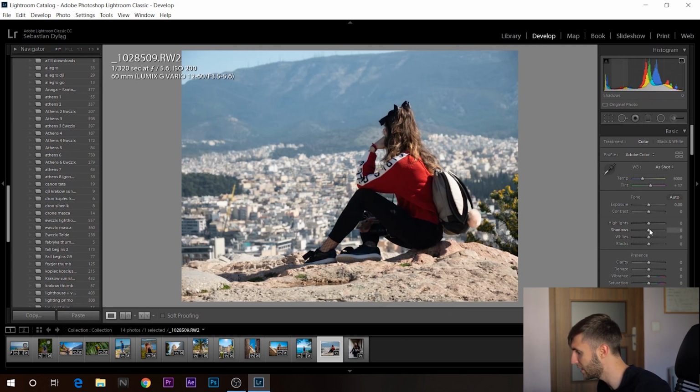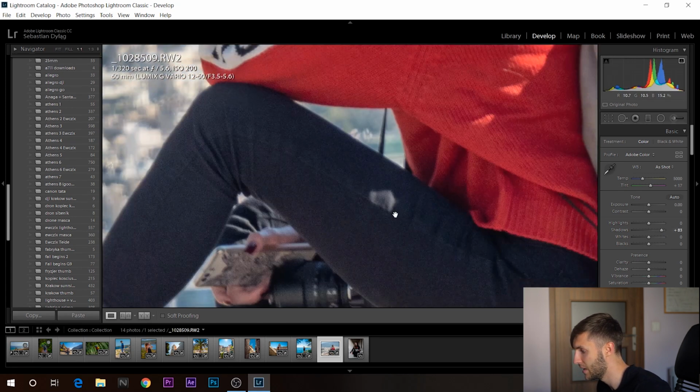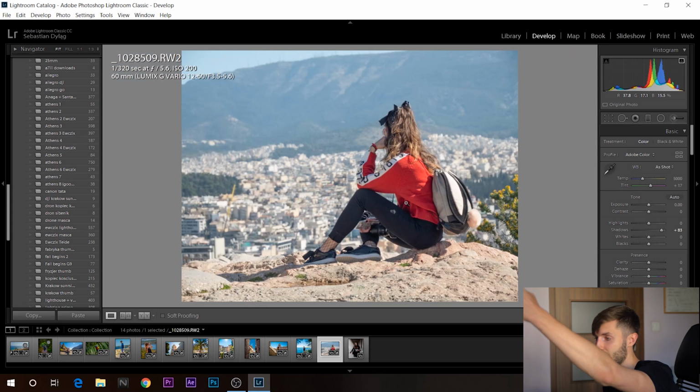First things first, if you actually put in highlights, you can see that there's 2 things that could be. This was the sun from my lens bouncing off the lens onto her, or a lot of times we have a bee or a fly flying by and we take a photo, it is in there. So that's one of the things. Second thing, highlights down,